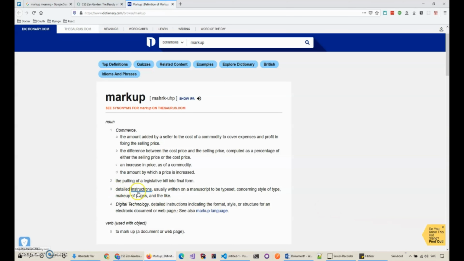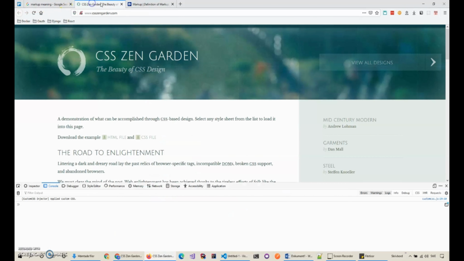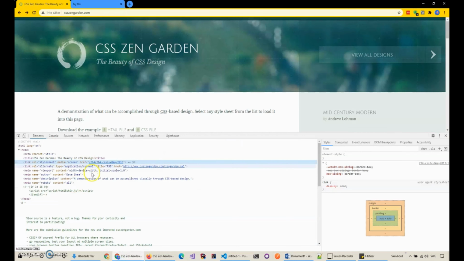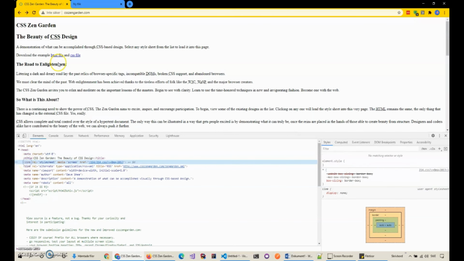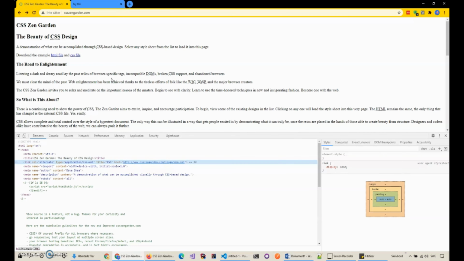It means detailed instructions, usually written on a manuscript, concerning make-up of a page and the like. Yeah. So that's basically what HTML is. It's detailed instructions on, and if we were to remove this link, this is what the page actually looks like.